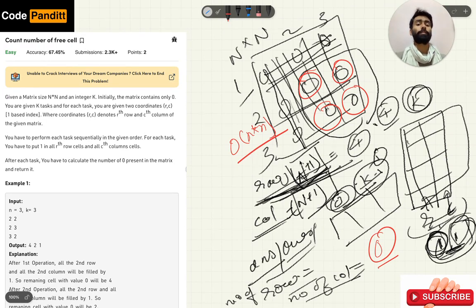We can do the same by a mathematical formula, where we use n into n minus n, where n stands for the size of the matrix, that is the number of rows and the number of columns, and here the n into the number of, let's first erase this.